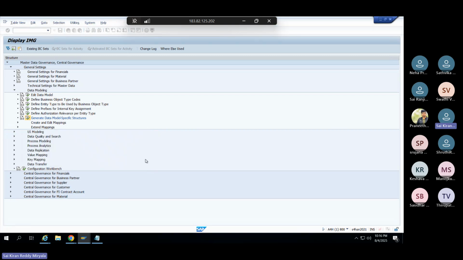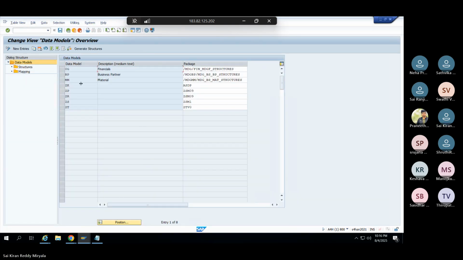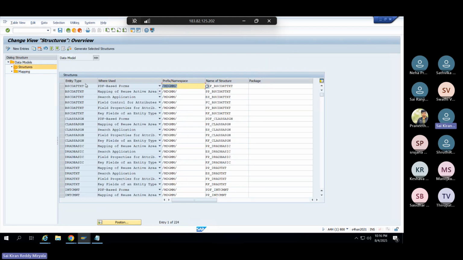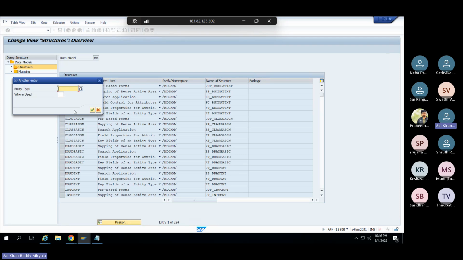Click OK. So click on that, it is material, and click on structures. Here it's showing the entity type and where used. Our leading entity type is material. So go to positions, give material,